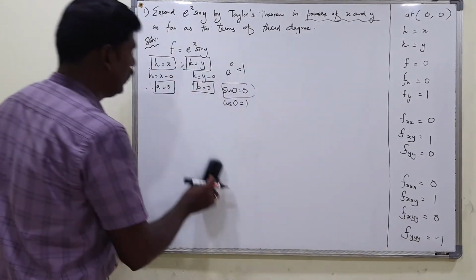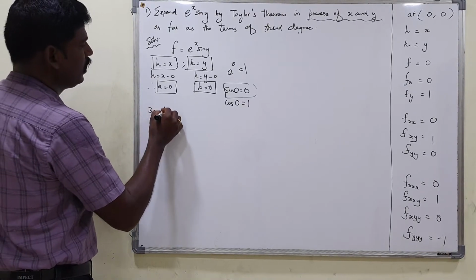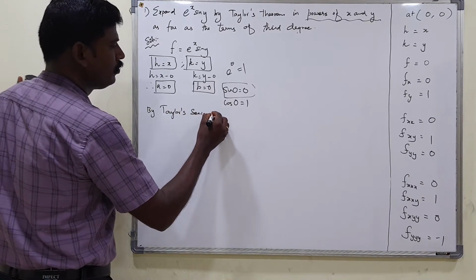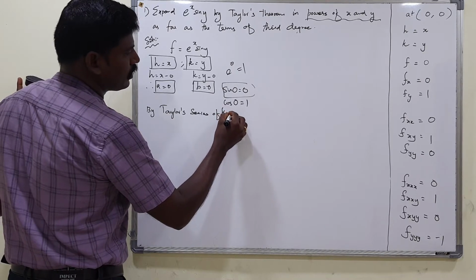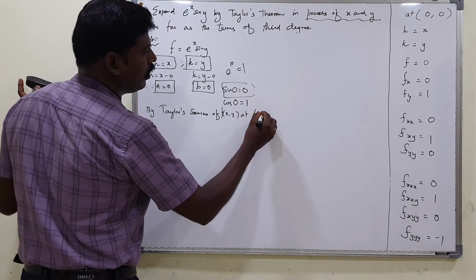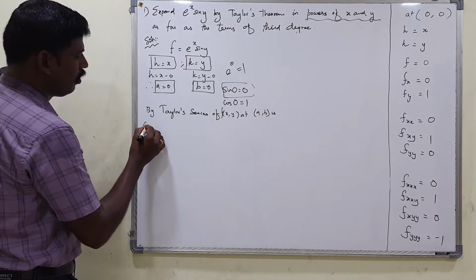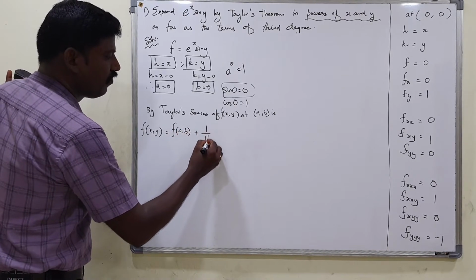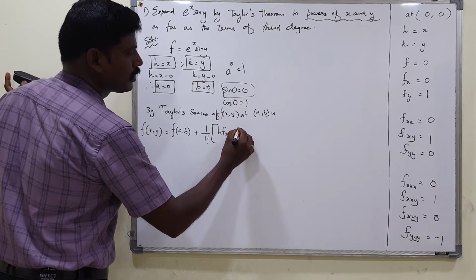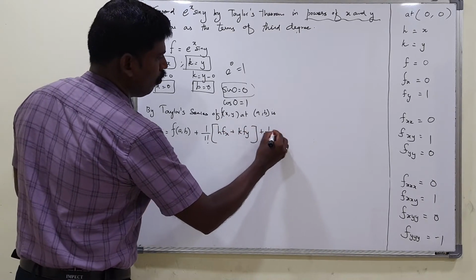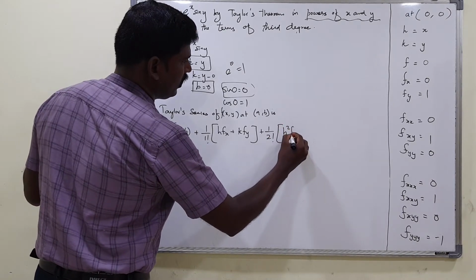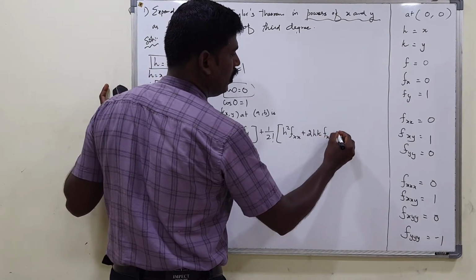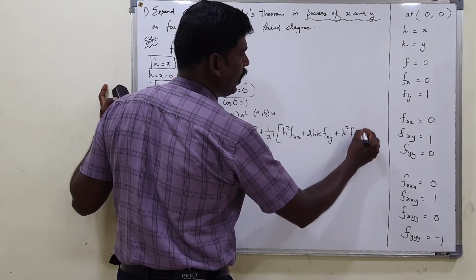Right. So now I am going to write the Taylor series. The Taylor series of f of x comma y at a comma b is given by f of x comma y equal to f of a comma b plus 1 by 1 factorial into h into fx plus k into fy plus 1 by 2 factorial into h square into f double x plus 2hk into fxy plus k square into f double y plus